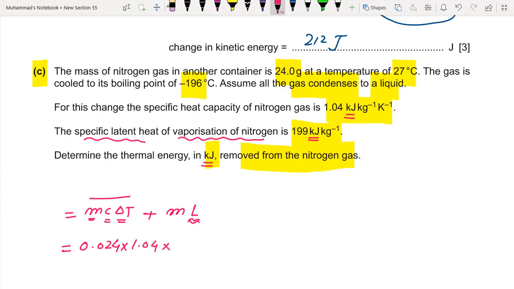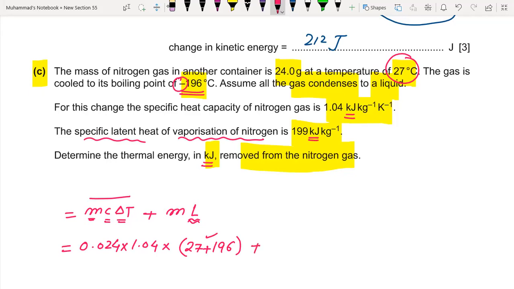Multiply by the change in temperature. The temperature is being changed from 27 degrees centigrade to minus 196. Okay, so what is the total change in temperature? Total change in temperature is 27 plus 196 degrees centigrade. Okay, the change in temperature would be same if you convert these individual values to Kelvin and then subtract. This is a negative, so the change over here will become positive,